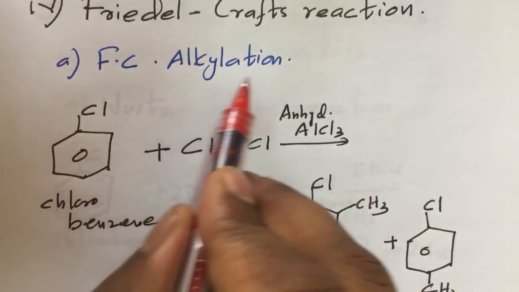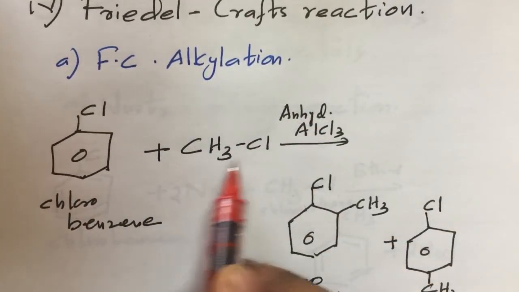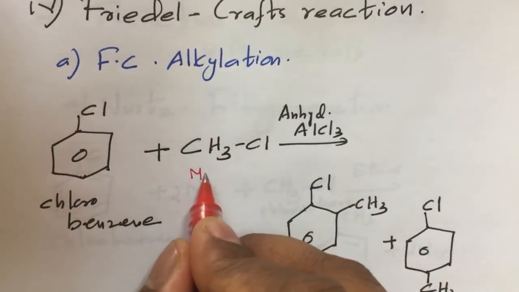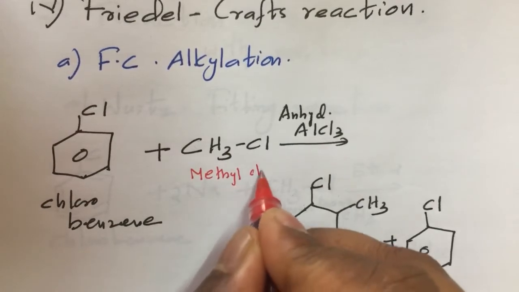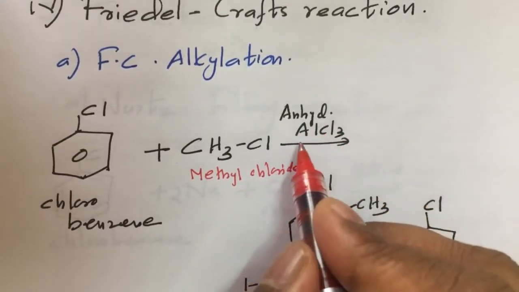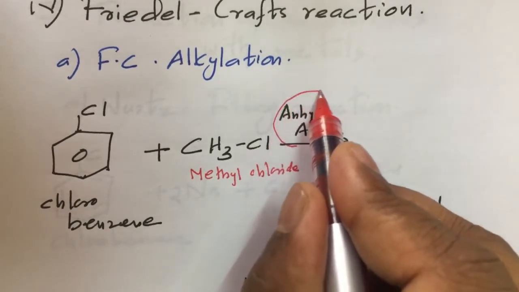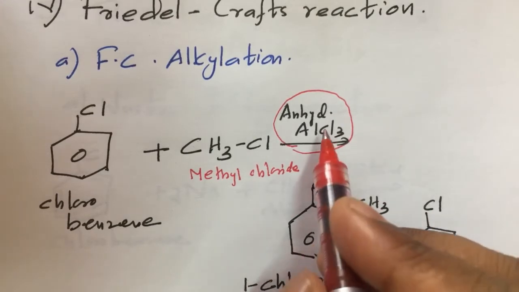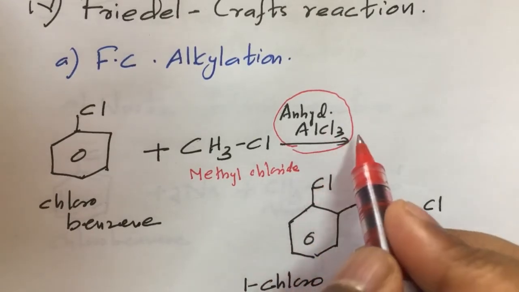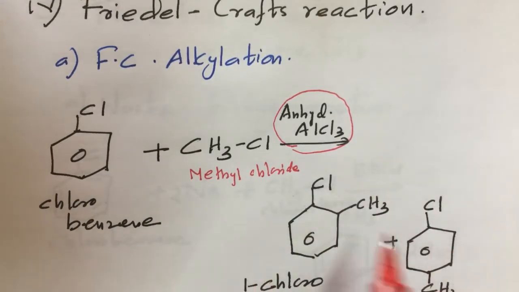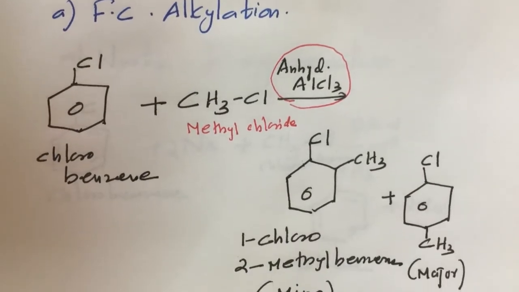For alkylation we can use any alkyl chloride. Here the alkyl chloride is methyl chloride. The reaction takes place in the presence of anhydrous aluminum chloride, and this reagent is very important. The role of anhydrous aluminum chloride is explained in the mechanism. The mechanism of the reaction is not required; we need only the main products. Products are